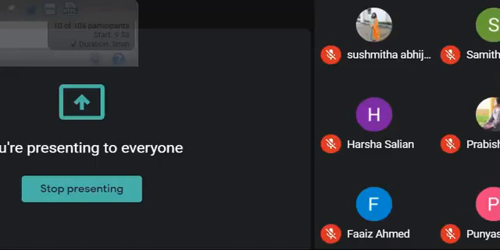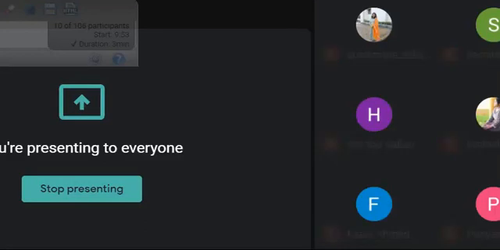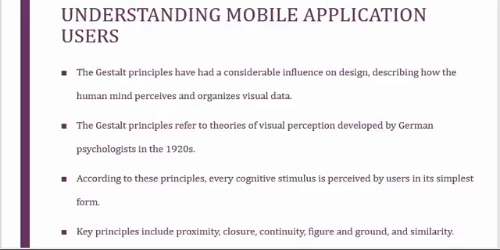So we might look at a person who, by the look, appears like a rude person. So when you look at him, our mind is giving some assumption, right? We are just assuming, we don't know how that person is. Only when you speak to that person, we get to know how the person is. So that is what we are saying in Gestalt's principle, describing how the human mind perceives. That person is rude, that is nothing but how our mind perceives.